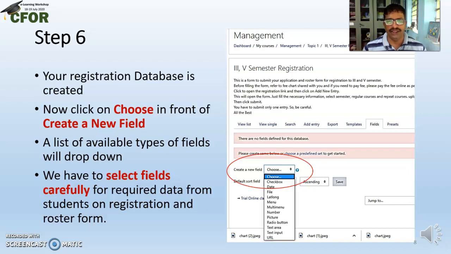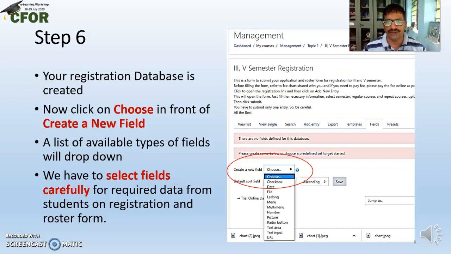and you will see that your database is created. Now this database should have some fields, and what fields it should have should be selected from the registration and roster form. Whatever information you get filled by the students on your registration and roster form should come in this database in the form of field.